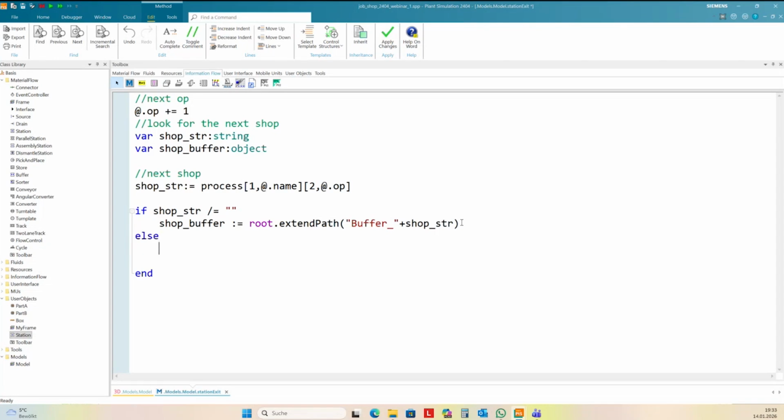Else means job str is empty. It's not string inside this cell, and then this means all done. And we go to train, and my variable job buffer in this case is just train.